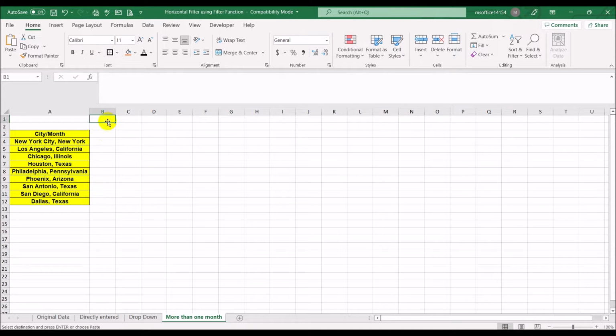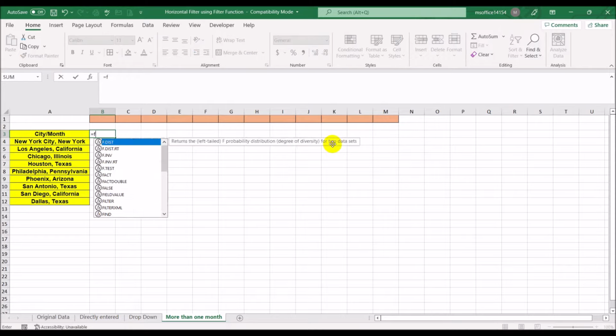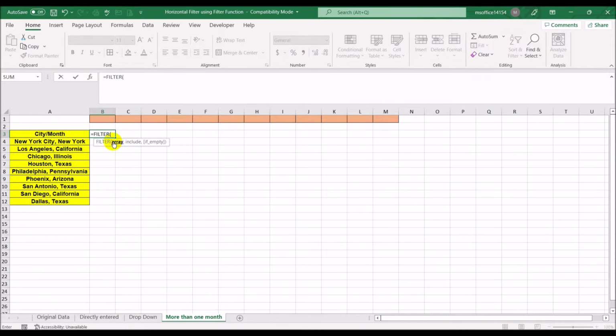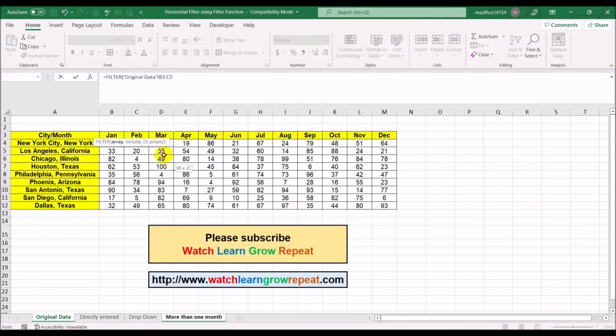So let's highlight 12 cells where we would be entering the months. So 1, 2, 3, 4, 5, 6, 7, 8, 9, 10, 11, 12. So these are your 12 cells. Okay, so in these 12 cells, we will be entering the names of the months that we want filtered, and they will get populated over here, right? So the way you do that is, again, we start with the filter function, array, that is this here,